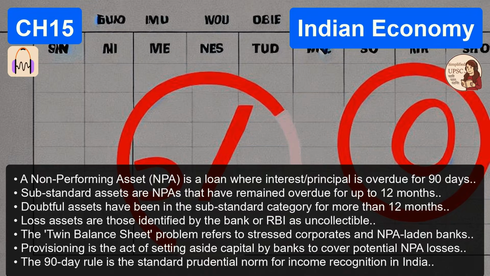And they came up with these norms. 3 sets of them over the years. Basel I came in 1988, and India adopted it in 1999. It was a good start, but very simple. It focused purely on credit risk, the risk of a borrower simply not paying back. It set a minimum capital requirement of 8%. Then came Basel II. In 2004, it was more sophisticated.